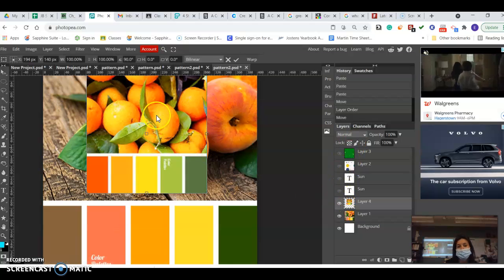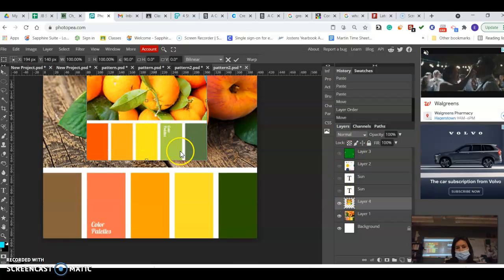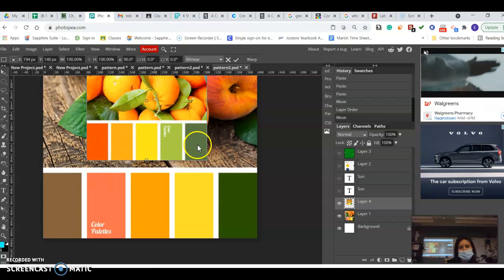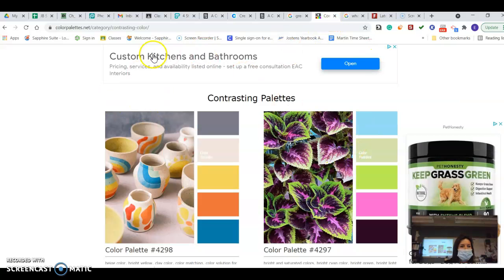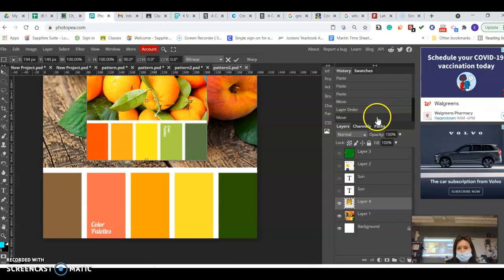Then I was also looking for another color scheme in the same manner. You can see here they added an extra green, and they kind of discarded the brown color. So these are two different color schemes based off of peaches, essentially. Whether you find your color scheme on a color palette website, or you develop your own color scheme, it's in material, but you need 5 colors, okay? And then on those 5 colors,